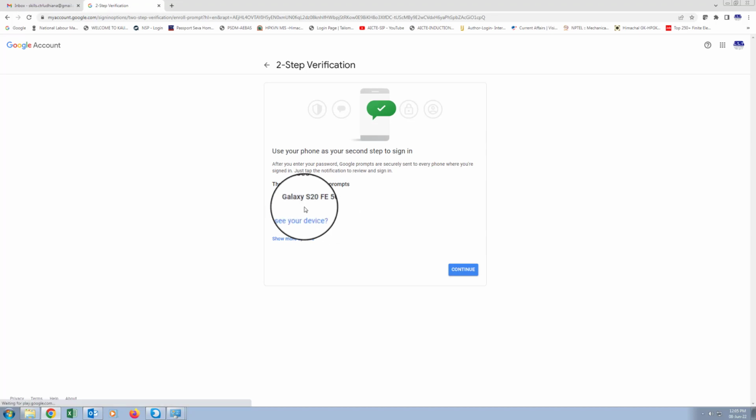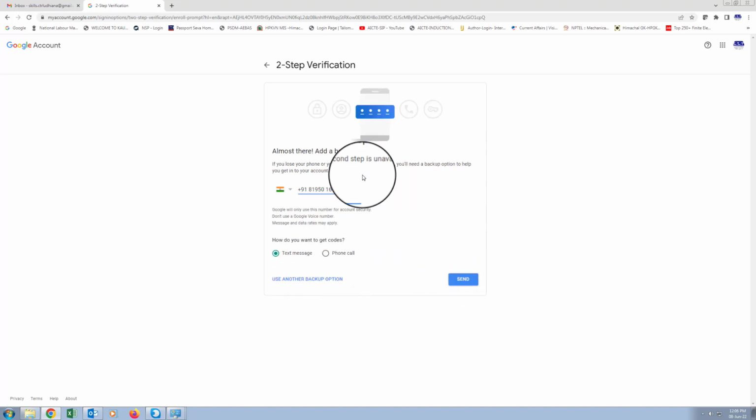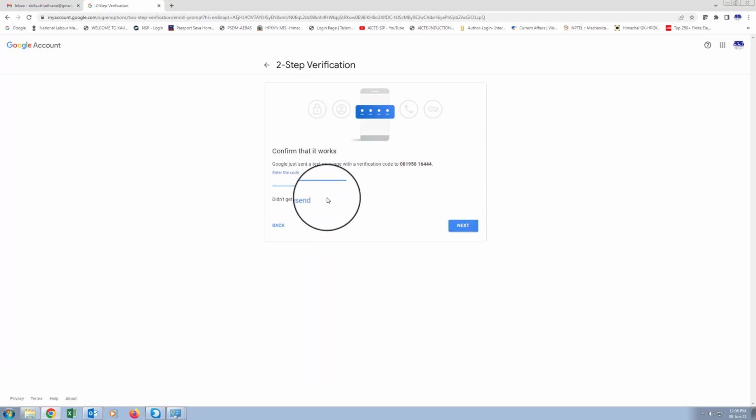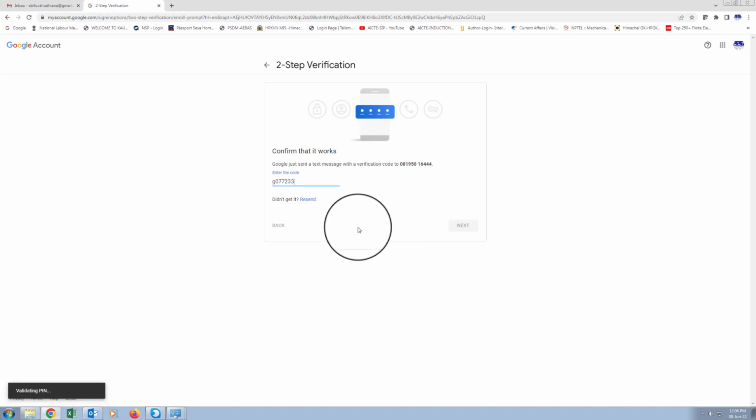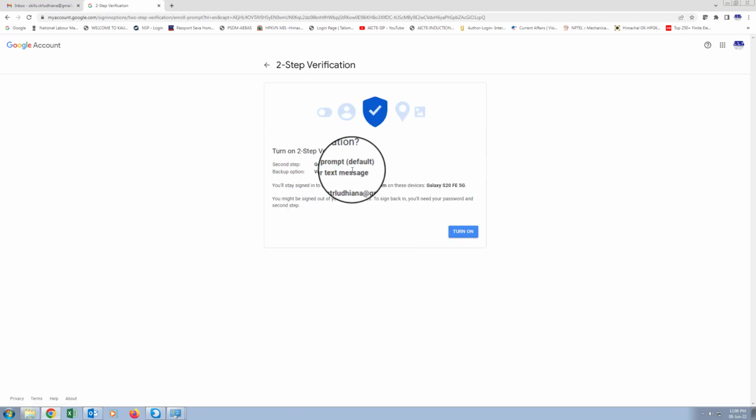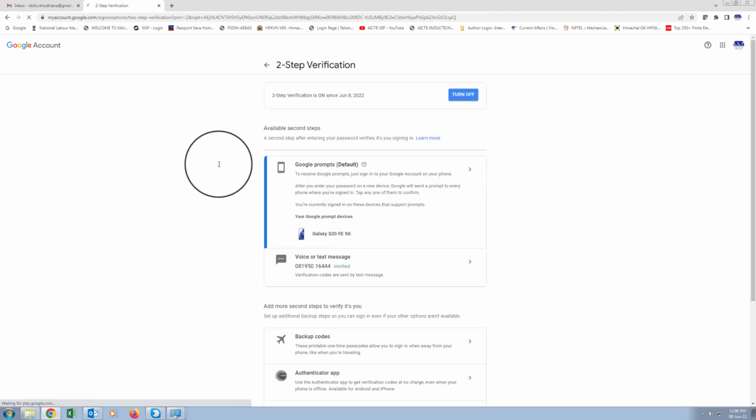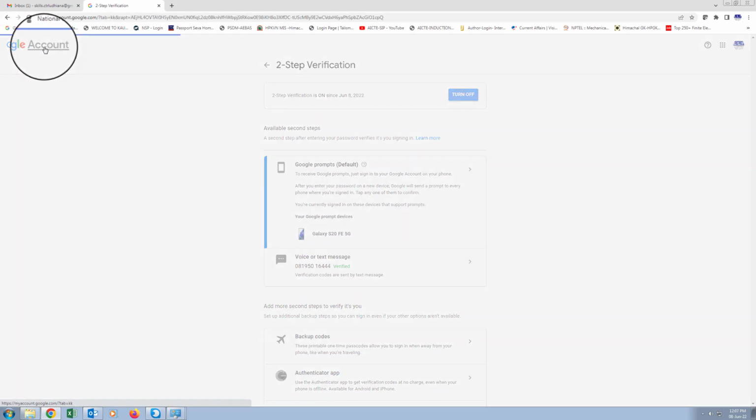There will be a phone verification, an OTP will be sent to your phone for the two-step verification using your number. So it's verified, the code I have applied. Now I will turn it on. After turning it on, I will again go to the Google account,